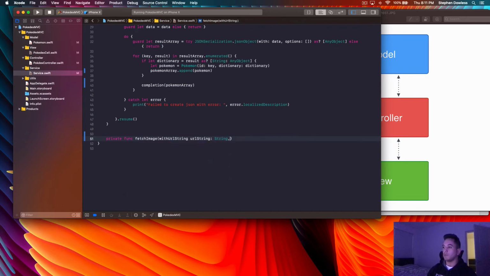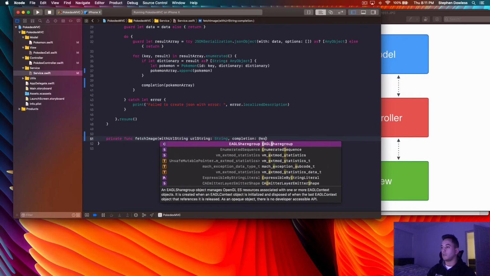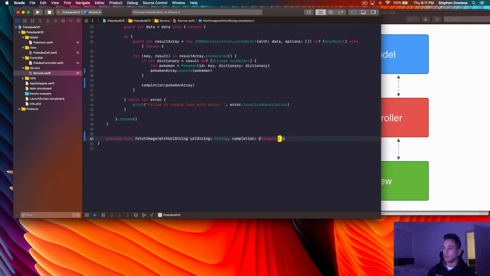And then we are going to implement another completion block here. So do this @escaping, and we want it to escape with a UIImage. I forgot to explain what this escaping means, guys, so I'll do that really quickly once we finish typing out the code for this function.